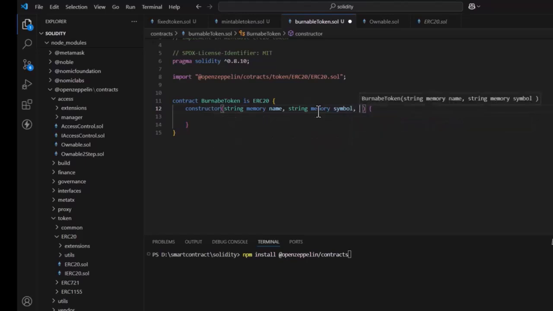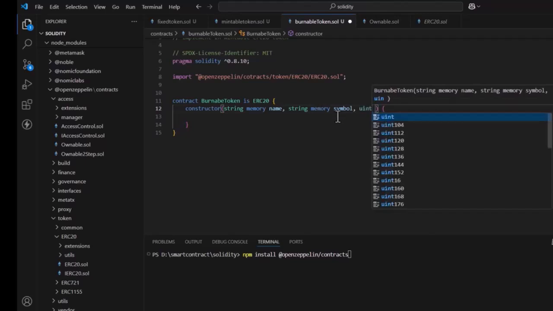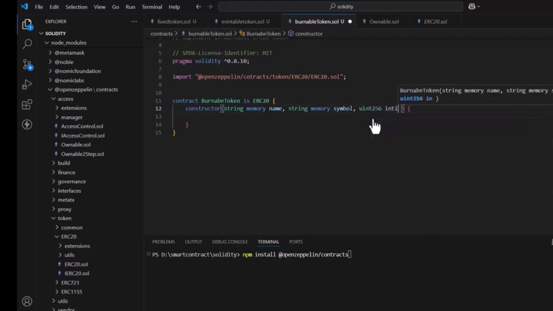And we also pass the initial supply, uint256 initialSupply. We pass this initial supply, and payable ERC-20,